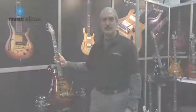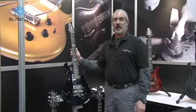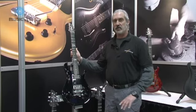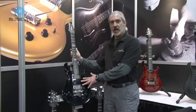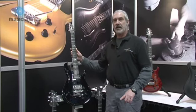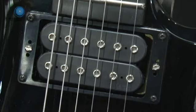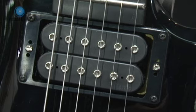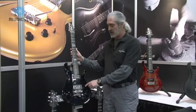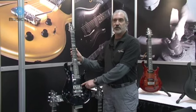That's the Harry Special. This is a model that we've actually redesigned for 2010 called the Vasara. In its original configuration, it had EMG 81/85 active pickups in it. What we've done is replace those with DiMarzio pickups. In the neck position, it's a Fred, which is a pickup that's used a lot by Joe Satriani, and in the bridge position is a Crunch,